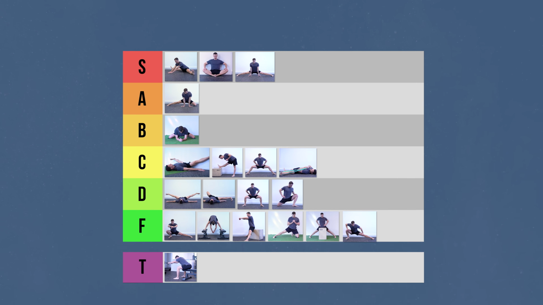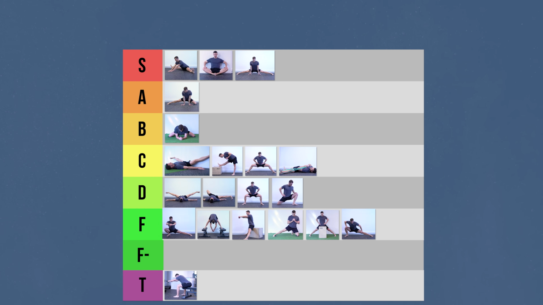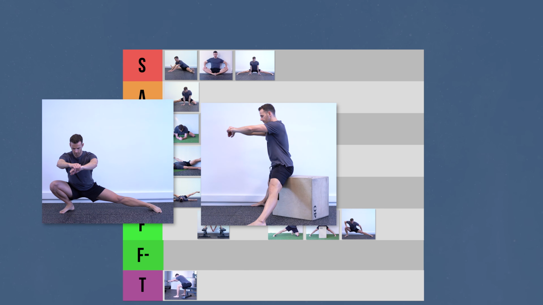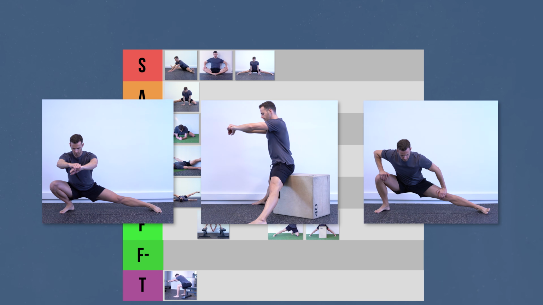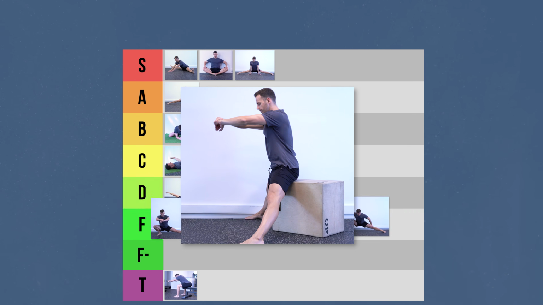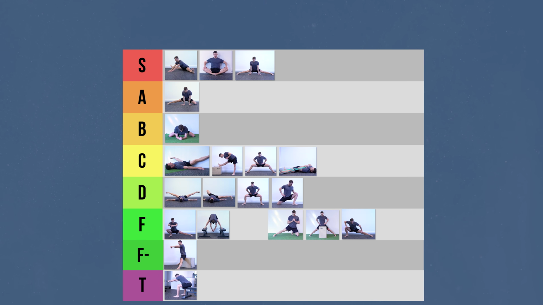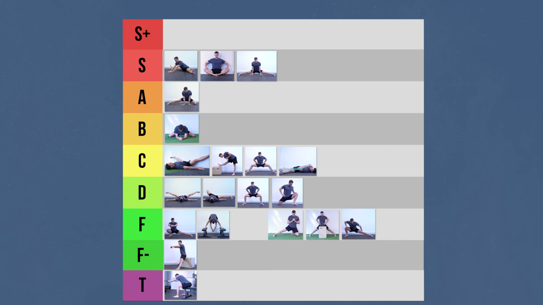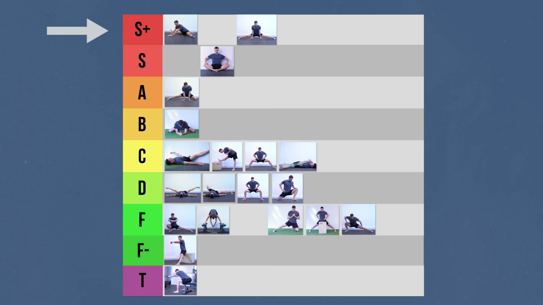However, if I had to choose a second worst exercise for the F- tier, I would probably be between the Cossacks, the straight leg get-ups, and the side-to-side low lunge stretch. I'll have to go with the straight leg get-ups just because the other two at least make sense as end-range strength exercises. And if I had to choose an exercise as S+, it would of course be the side split itself, although I feel that the pancake is so important for the side split that it deserves to be in the S+ as well.